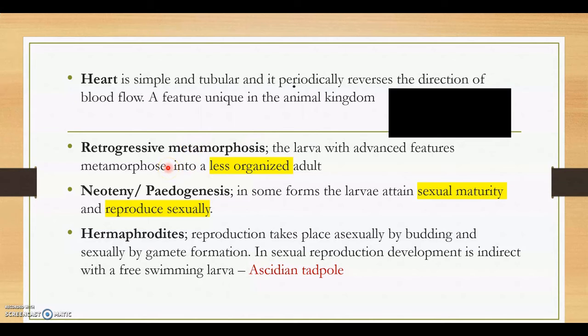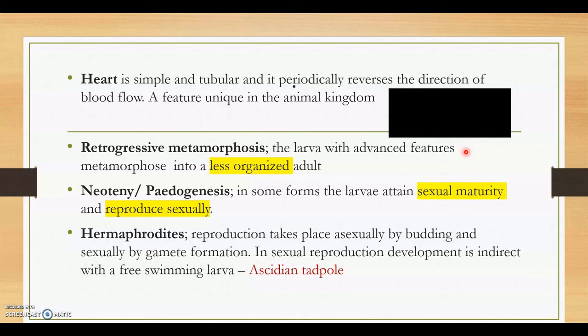And the next important character is what? Retrogressive metamorphosis. The opposite of retrogressive is progressive. That means a positive modification is called progressive. The opposite is called retrogressive metamorphosis. So the larva has advanced features. Most of the organ systems are well developed in the larval stage. As it proceeds into the adult,